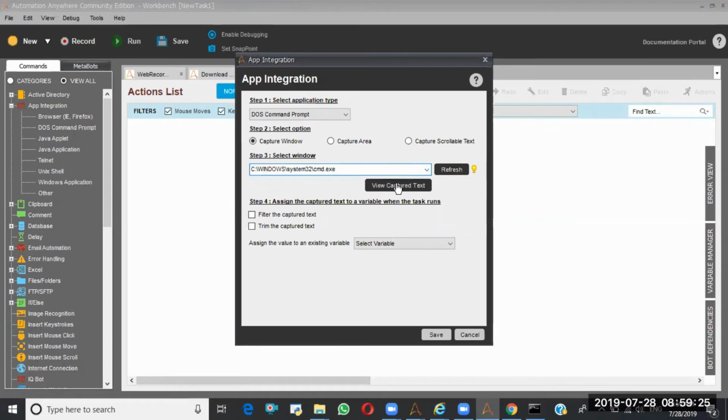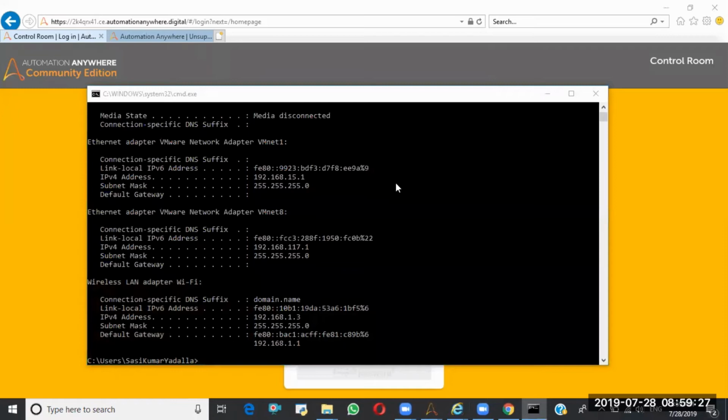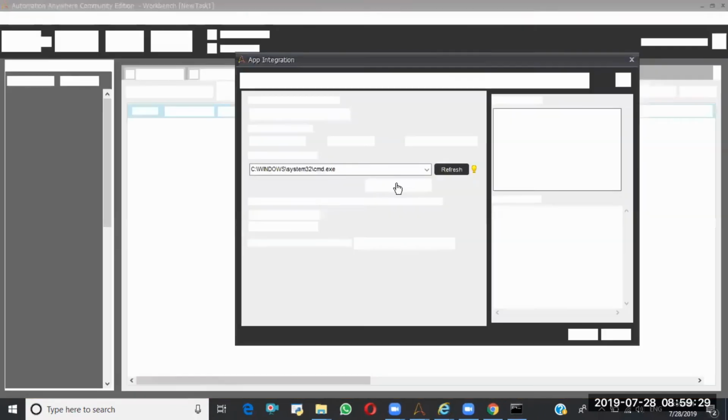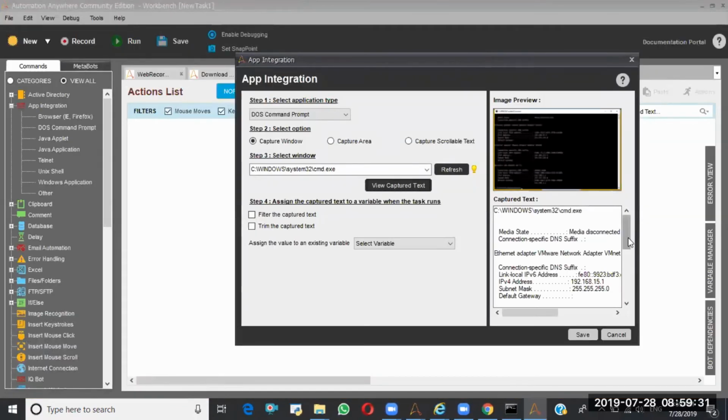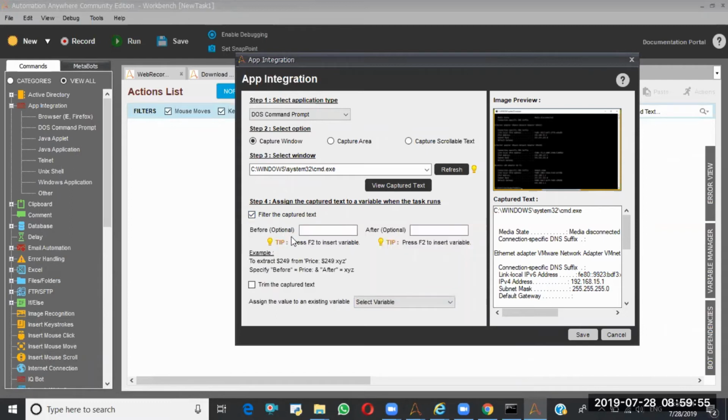So I'm selecting view capture text. See here, it extracted all the text from here. Then I want to just get this one, the IPv4 address. So I am putting the filter here.